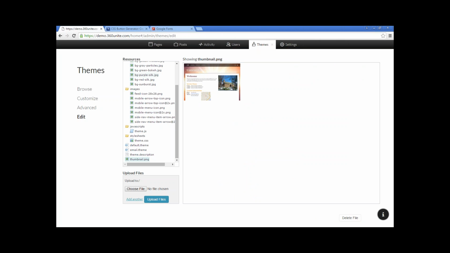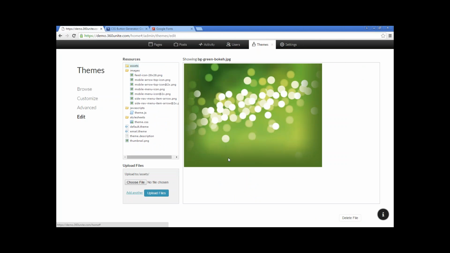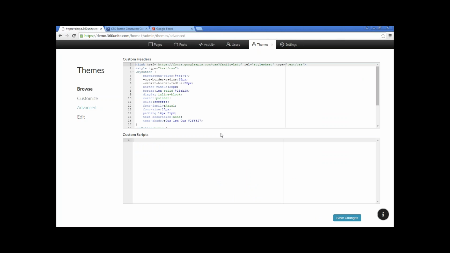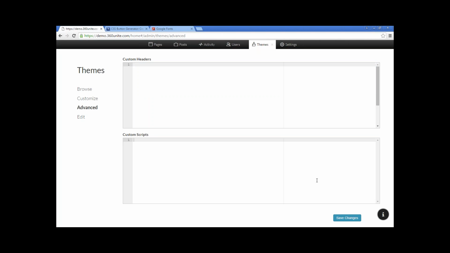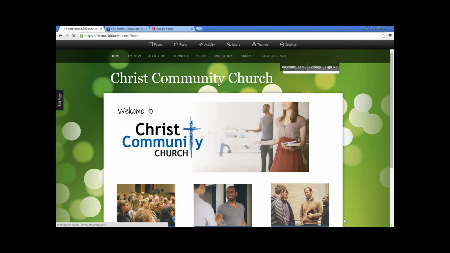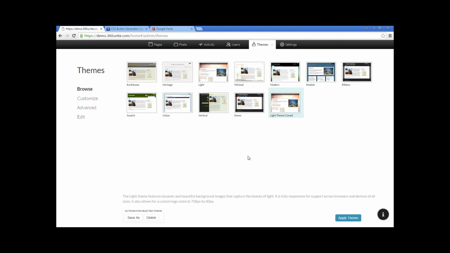And if I wanted to upload a file, I can go to Assets, then I can choose a file and upload it. And that might be a little bit more than we need to get into there. But so now we're at this point here. I'm going to go to Advanced, and I'm going to clear out my test information where I was working through the training earlier. I'm just going to delete that information and save changes. Okay, then I'm going to go back to themes,